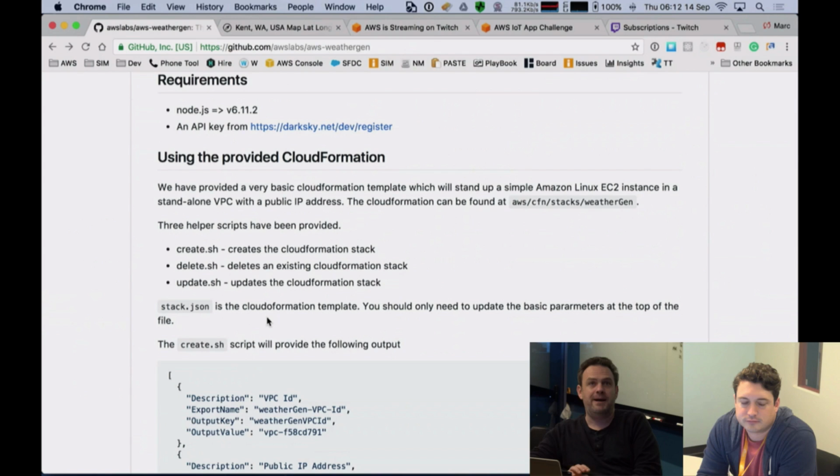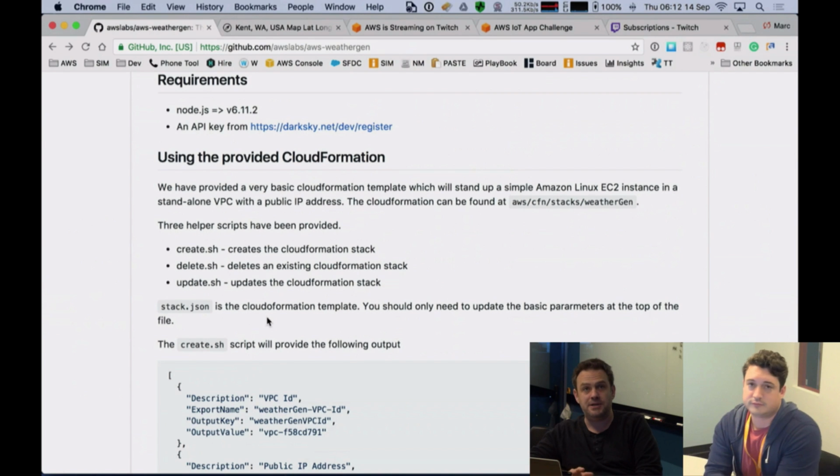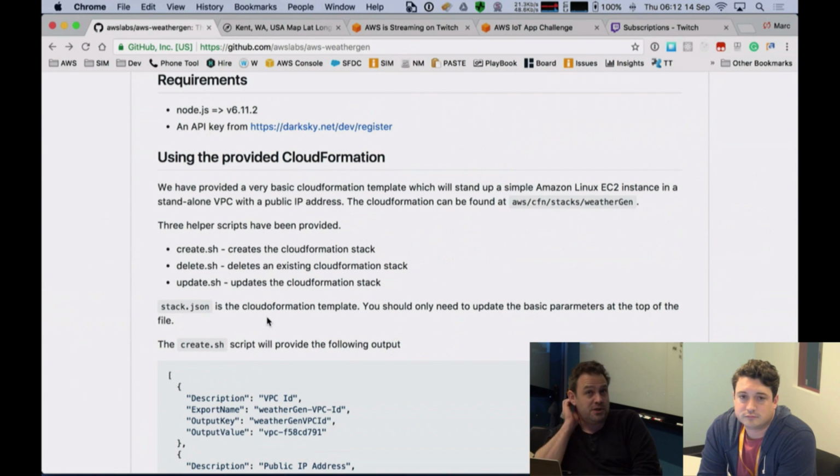One of the cool things about having this in CloudFormation is you may want to have multiple streams representing multiple locations. So Ryan, what you could do is you could have a stream of data represented for Los Angeles, a stream of data represented for New York, and the EC2 instances are going to be generating this data, one EC2 instance per location. If you run this stuff on your laptop, of course, you're going to close the lid and walk away. You might turn it off, and those streams will stop.